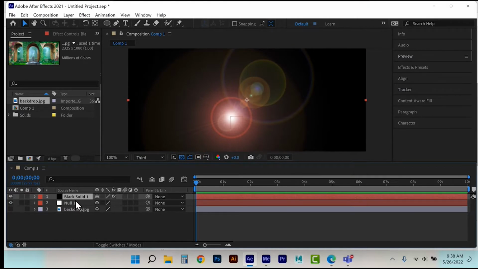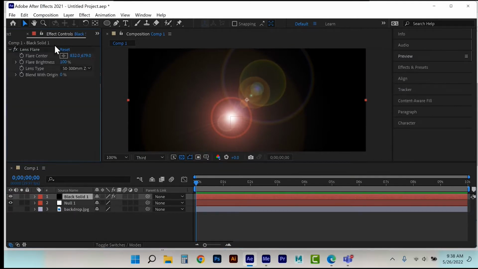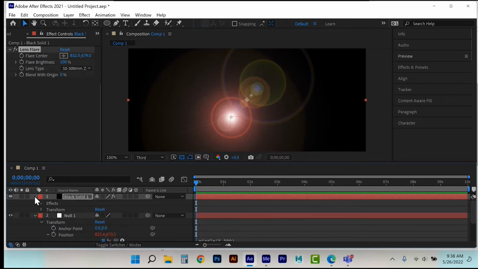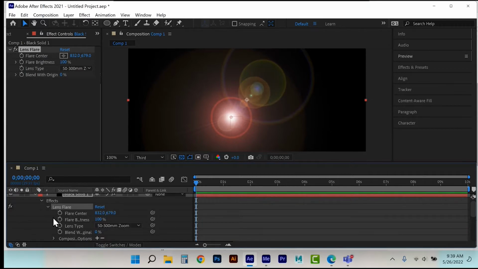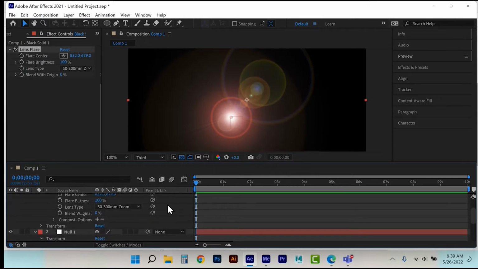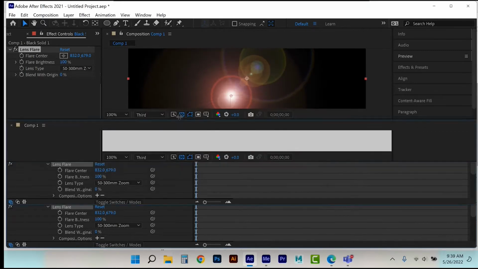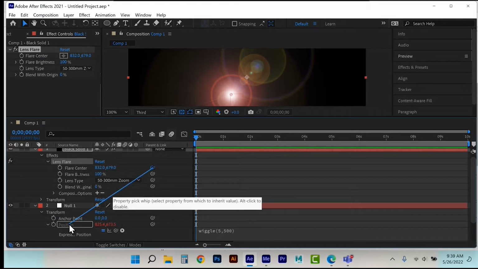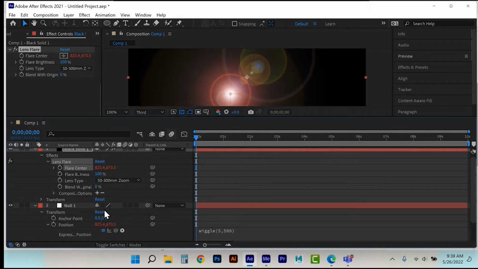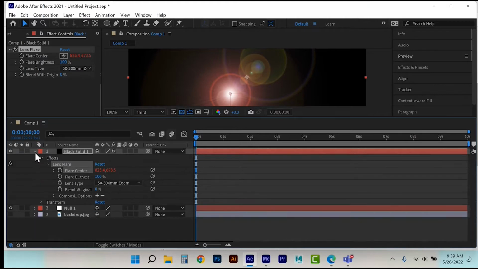But what I'm going to do here now is I'm going to take that flare center. Okay, remember the flare center, which is right there, and I have it over top of the anchor point of the null. Watch what I'm going to do. Instead of parenting the black solid to the null that has that wiggle on it, I'm going to take flare center right here. Move this up out of the way so we can see it all. There we go. See, flare center value, parent it to the position. So what that is saying is that the flare center is going to mimic the position of the null,